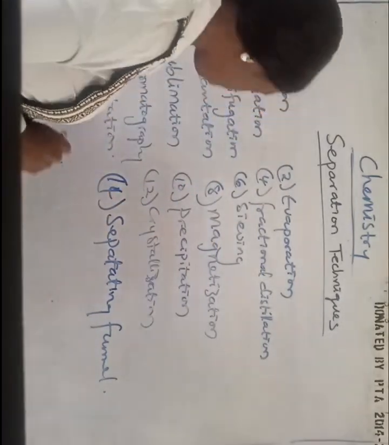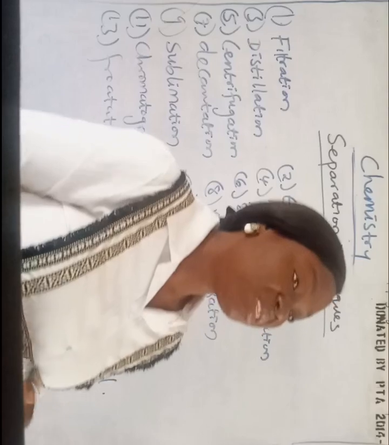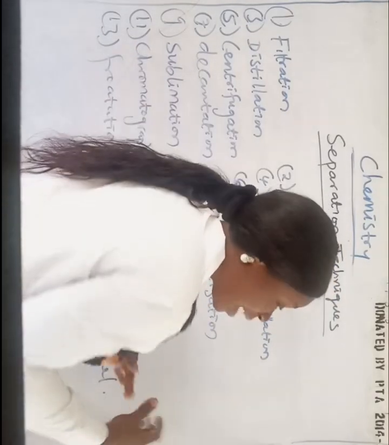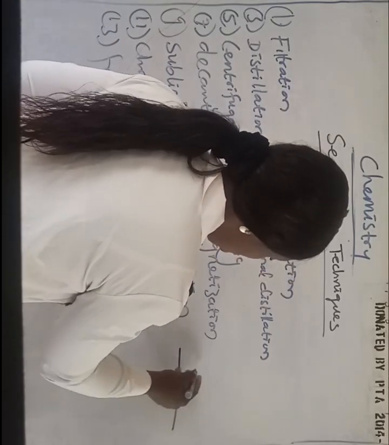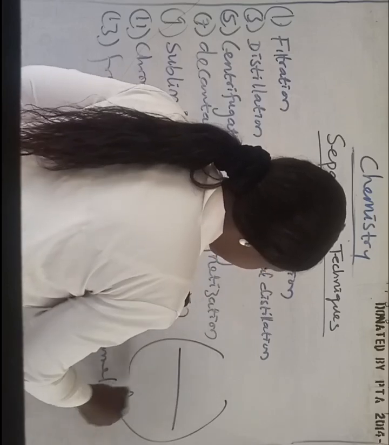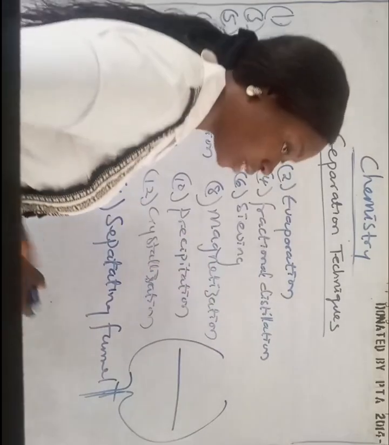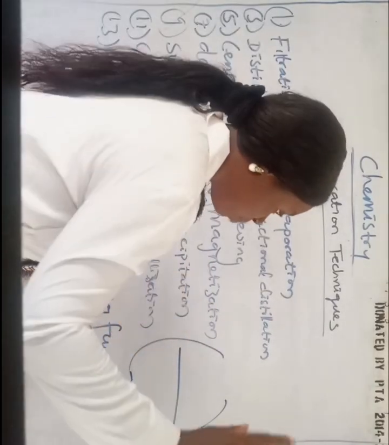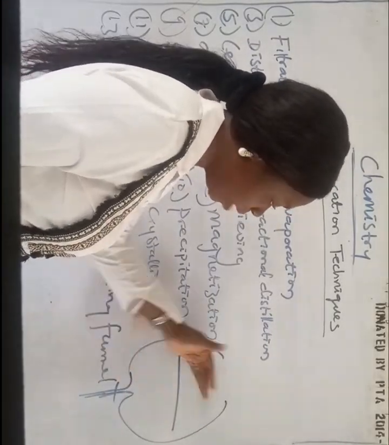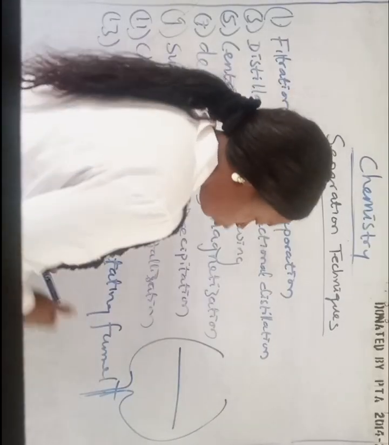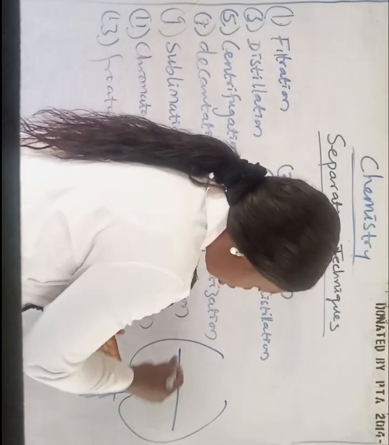Then you have the separatory funnel. This one is used to separate what we call immiscible liquids. They cannot be mixed together. Yes, like maybe your oil and your water, you have something like this, and maybe there is a tap. You understand me? It can be oil or water, it can be petrol or water, like that. So the one with the higher density will be down, while the one with the lower density will be up. So most times you just open the tap and the water just comes out gently